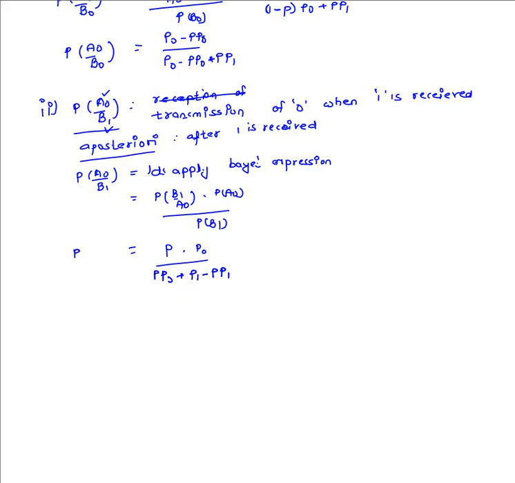So the a posteriori probability P of A0 divided by B1 is given by P0 divided by P P0 plus P1 minus P P1, where P is the error probability, P0 is the probability of transmission of 0 on the transmitter side, and P1 is the probability of transmission of 1 on the transmitter side. Now the other two a posteriori probabilities, the third one is P of